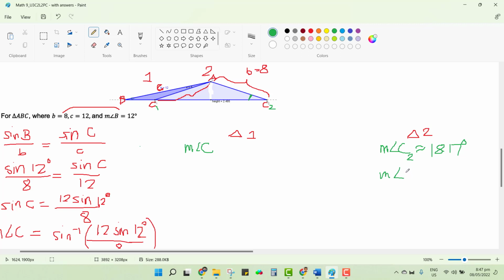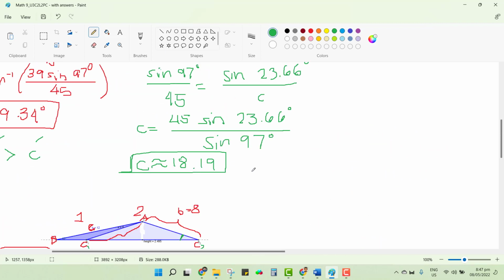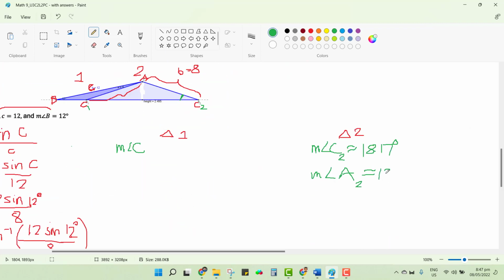With this, we can also solve here the measurement of angle A. And which A are we referring to? The largest, this one here, A. The measurement of angle A. But since it's triangle number 2, let's just use triangle number 2, okay? So this is actually computed the same as this process here, right? We have 180 degrees less 12 degrees less 18.17 degrees, and the value is approximately,